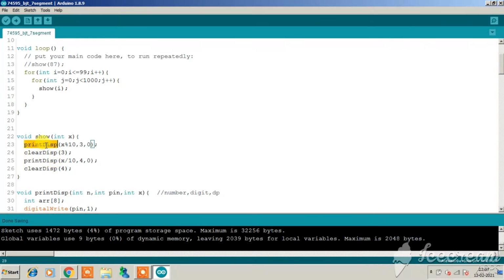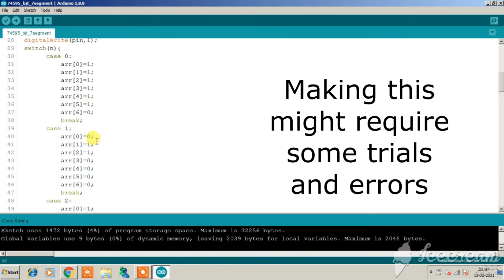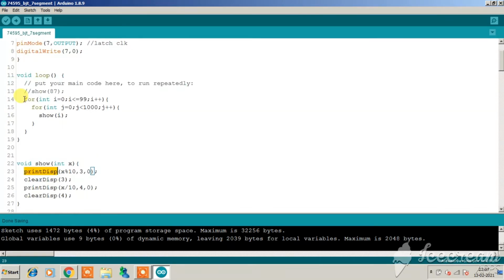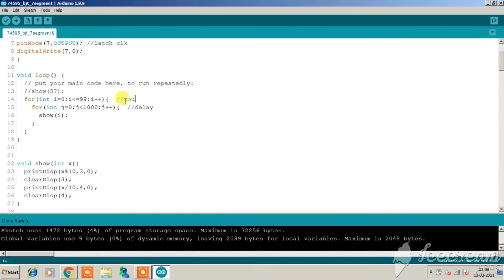And the print display function, which we have already discussed, contains the lookup table for the 7 segments. In this example I will be just looping from 00 to 99, and this loop is just for including a small delay, and this will count from 0 to 99. This will just display the digits.